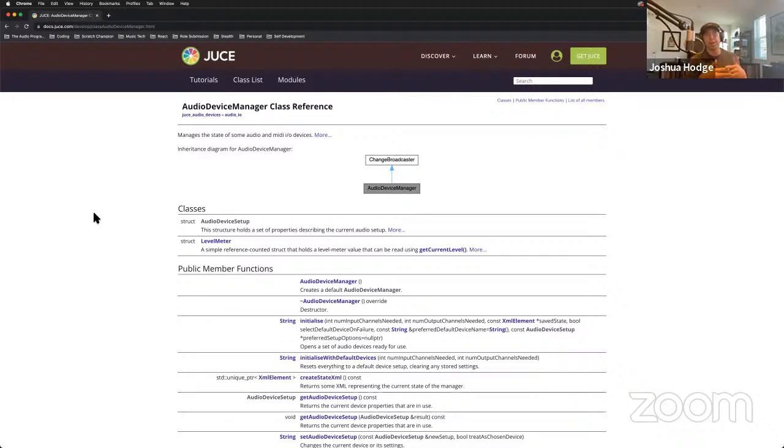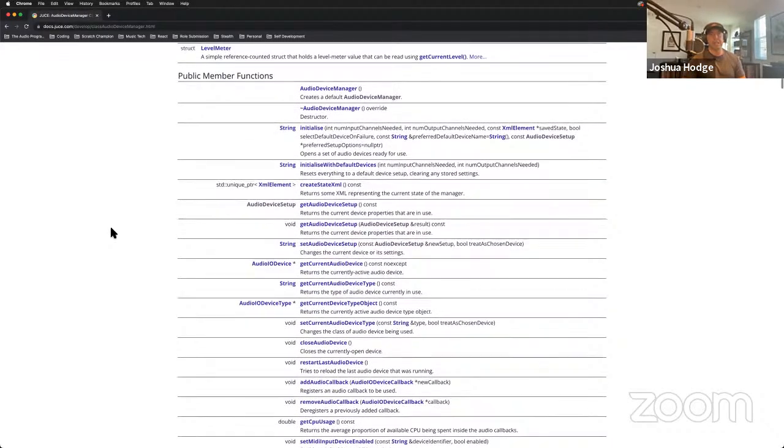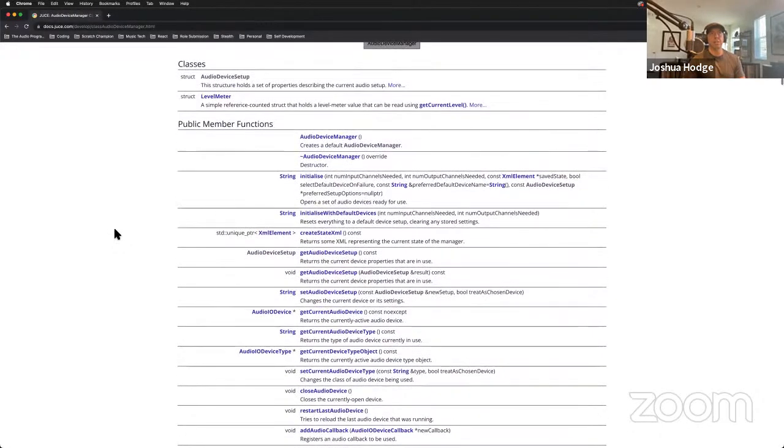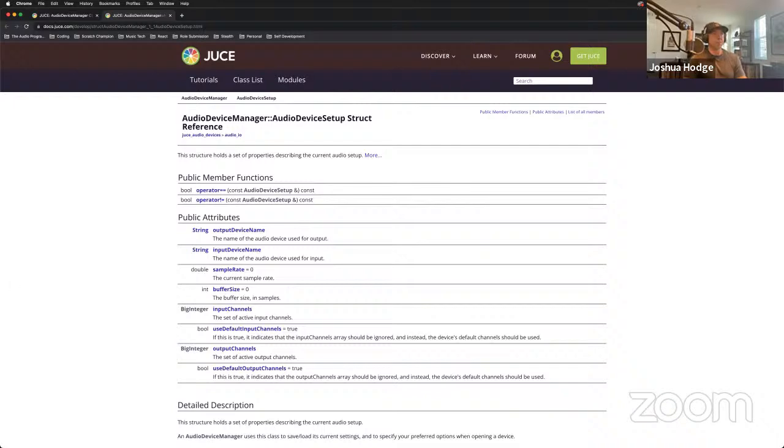This is what manages the state of what sound card you're playing in and out of. And you can give your audio device manager another audio device setup. An audio device setup is something like what I had for the